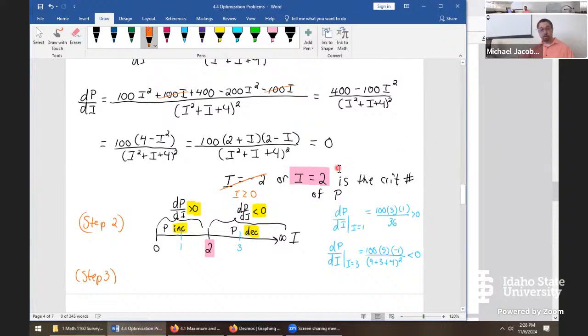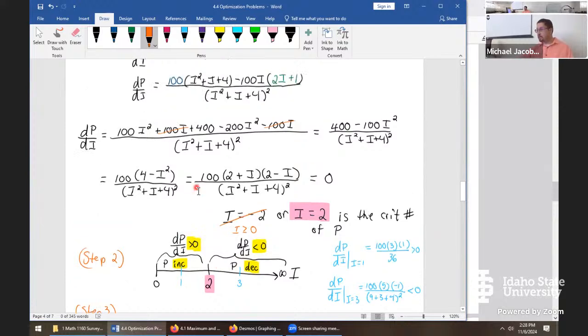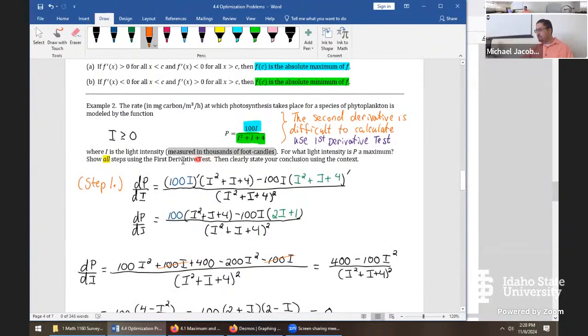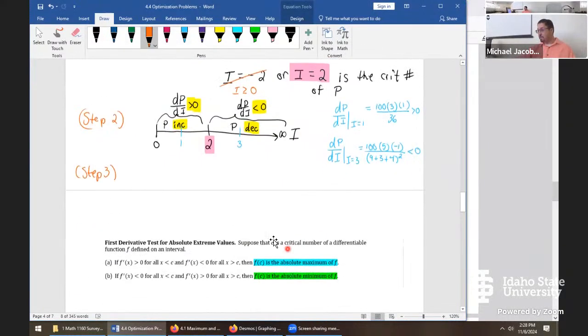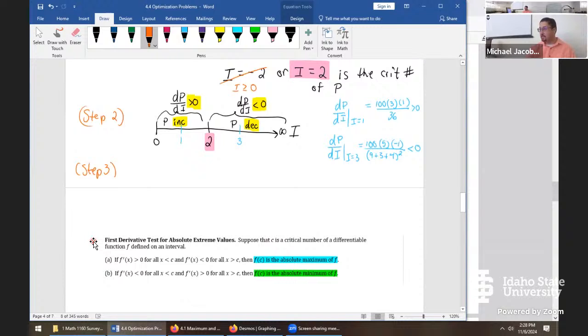I equals 2 is a critical number. From this chart here, it's the critical number that leads to an absolute maximum, but it was asking for us to give the light intensity. So the answer to this question is not the amount of photosynthesis you're going to get that's maximized. It's the value you should turn the lights on to, I itself, that answers the question. So we'll say down below here, through the first derivative test,